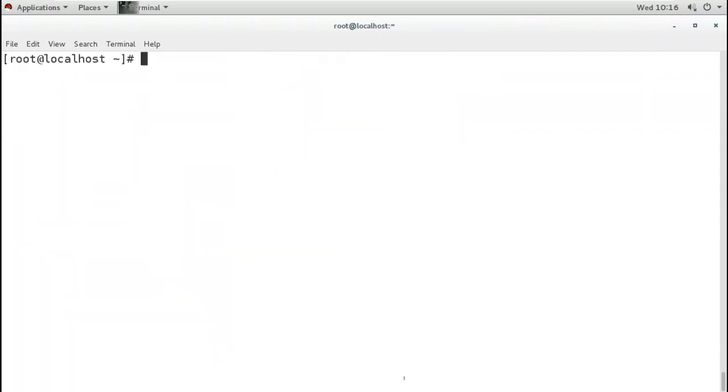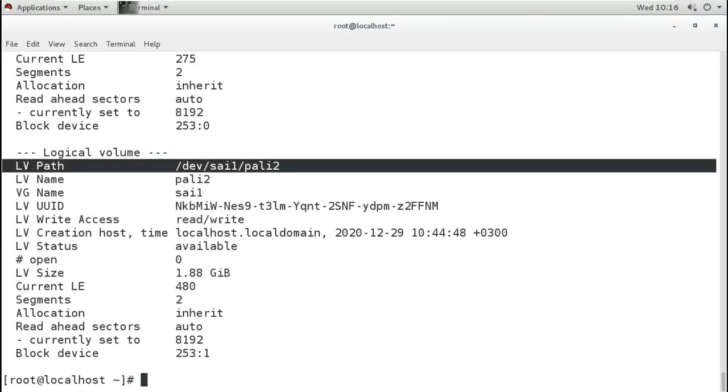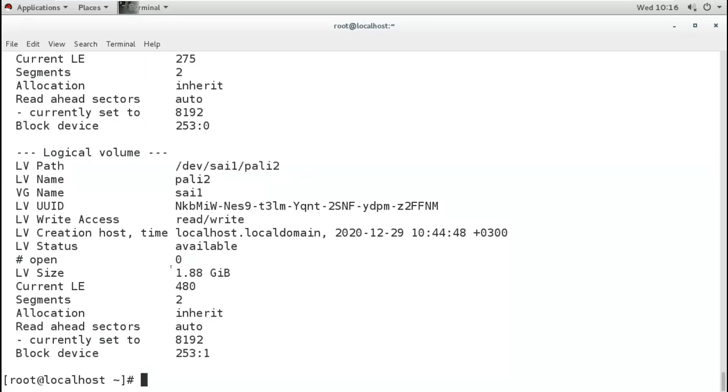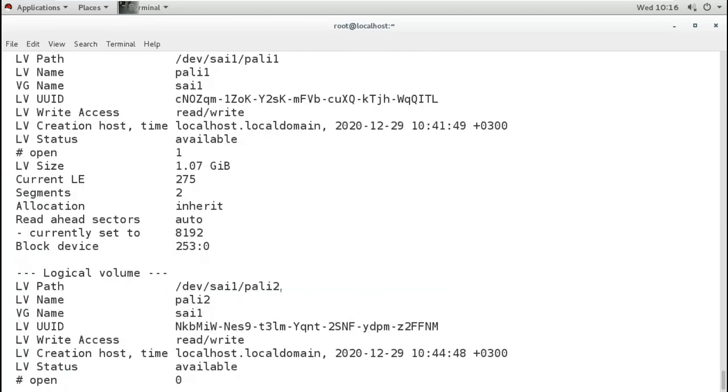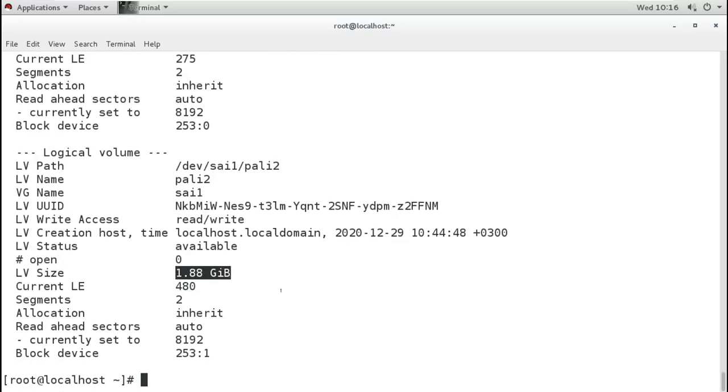Okay, so we have two LVs, and this is the second LV we have, and the size of this LV is this. I will delete this because it is too much size, so I want to extend it. So first I will delete this one.